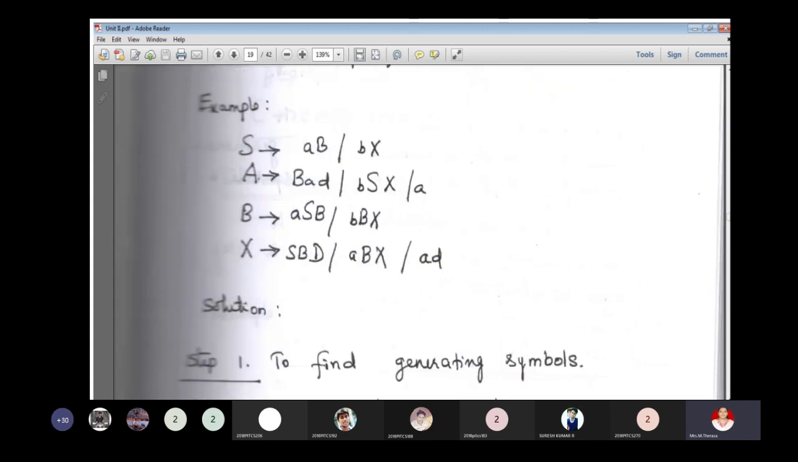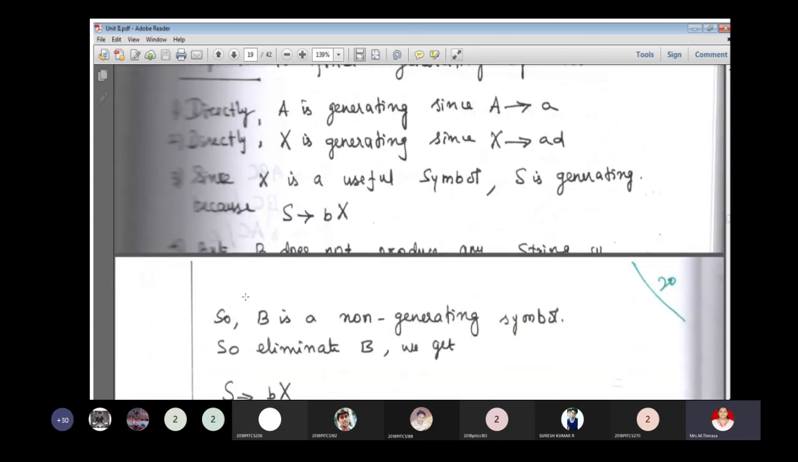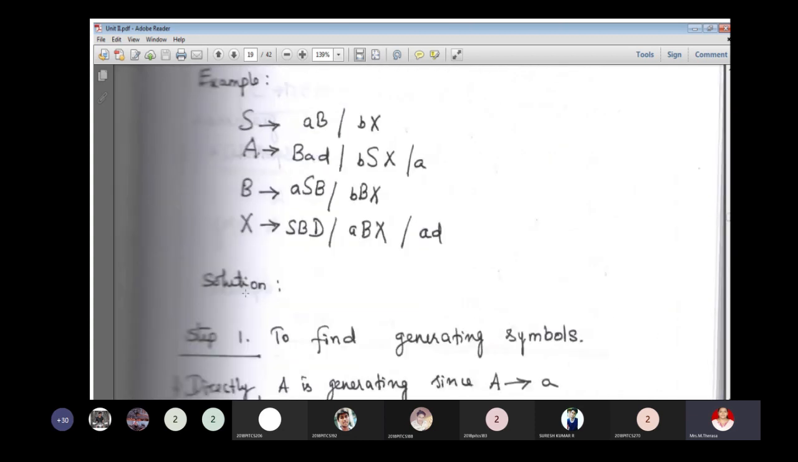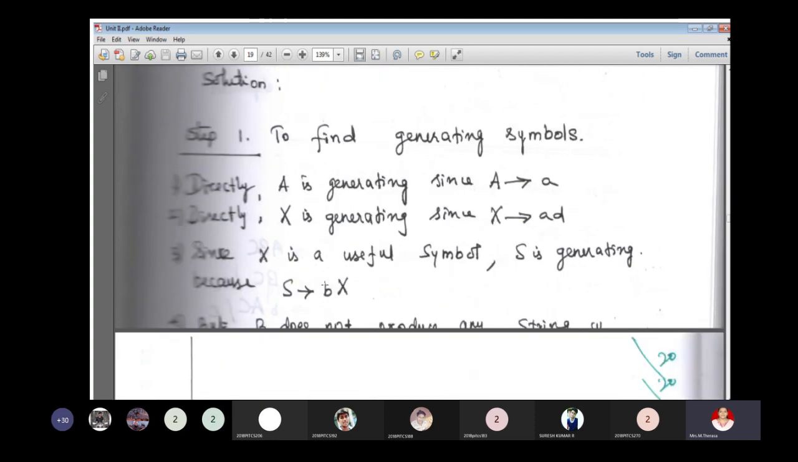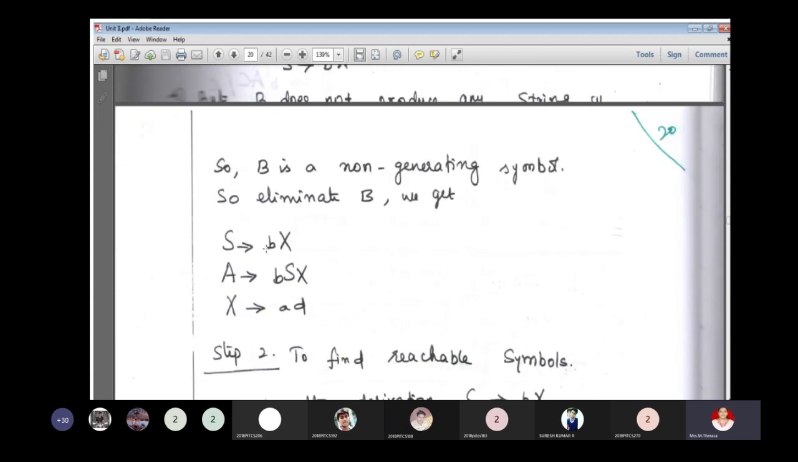But this B is not generating. So what do you have to do? You have to eliminate B. So you have to remove it wherever you have B. You can eliminate this production and this production and the complete B production, and then these two things. Wherever you have B, you can eliminate. So that you can rewrite the grammar as S tends to BX, A tends to BSX, and X tends